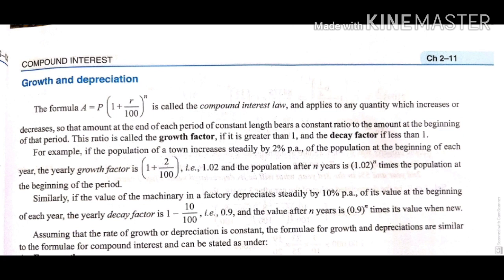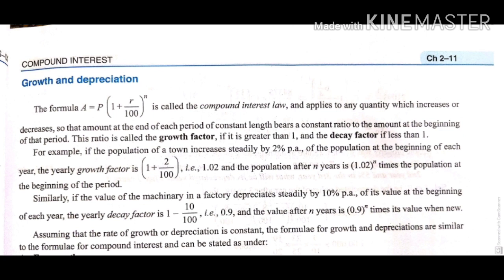So when after some period of time something increases, something is in constant increasing, then we get a growth factor, which is always greater than 1. But a decay factor, which is always decreasing, is always less than 1. Today we learn about growth and depreciation, and in the next exercise we are going to use these terms in our solution.